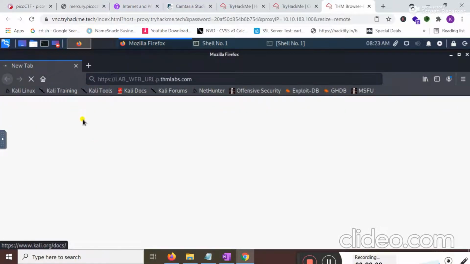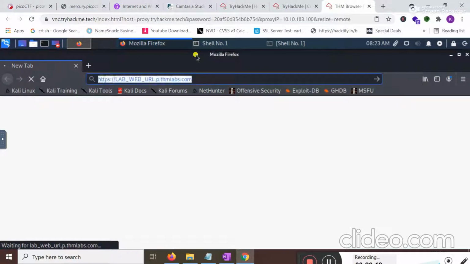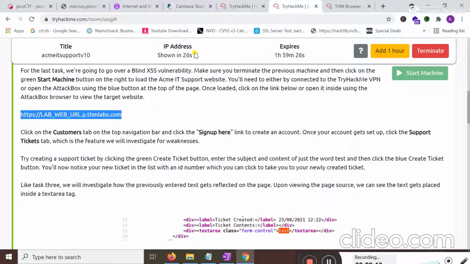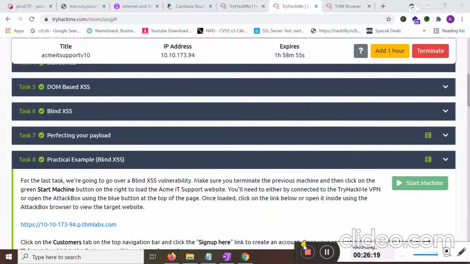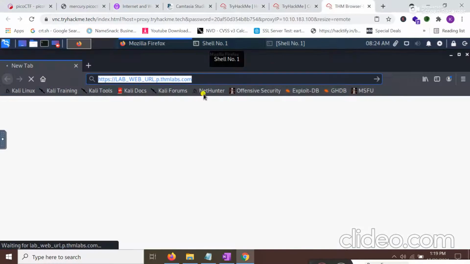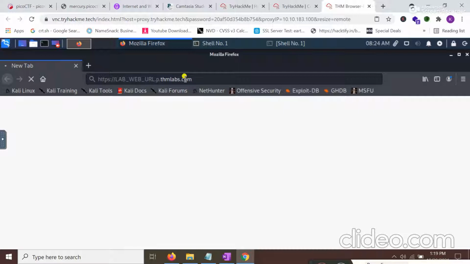The task 8 lab will be present on this link. Right now it does not display, as you see, it's not activated yet. Okay, it's activated now. I should browse this URL in order to do the practical about blind XSS.